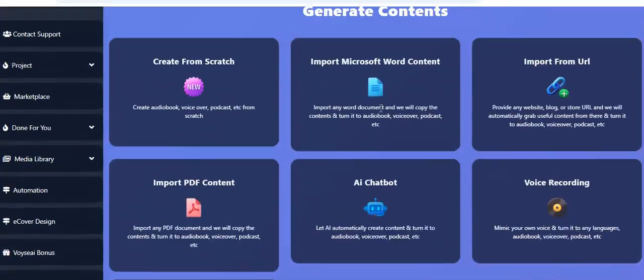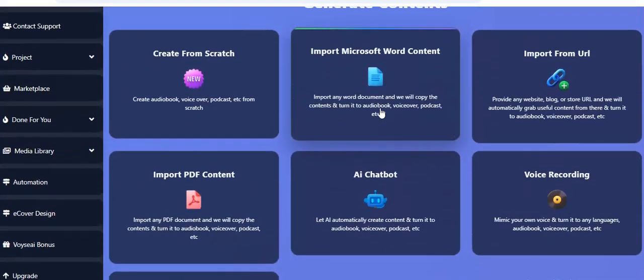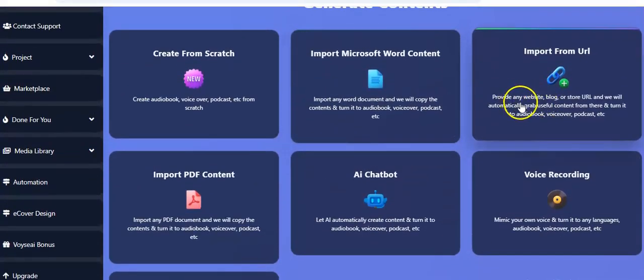So now we move to the next feature, which is to import from URL. All right, so you can provide any website, blog, or store URL, and the system will automatically grab useful content from there and turn it to audiobook, voiceover, podcast, etc. Okay, so now what you have to do is to click on this and you copy your website URL